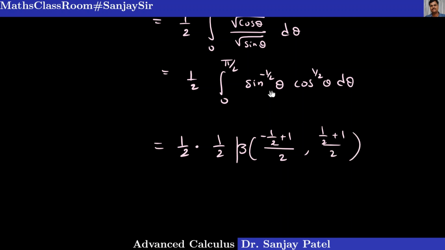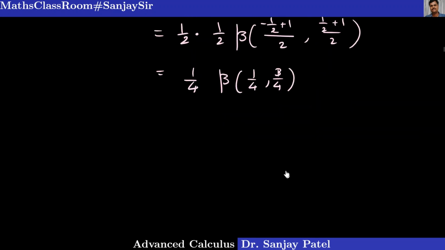So the integral from 0 to pi by 2 of sin raised to p cos raised to q theta d theta is equal to 1 by 2 times beta of p plus 1 by 2, comma q plus 1 by 2. So using that formula, you will get this. This is nothing but beta of 1 by 4, and this is 1 by 2 plus 1, which means 3 by 4. This is 3 by 4. So what I will get here is,